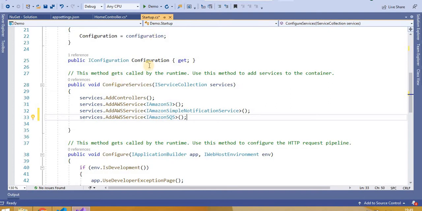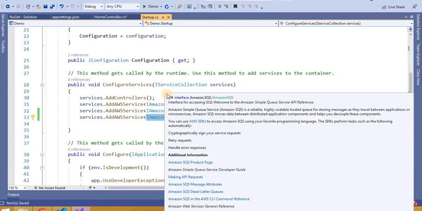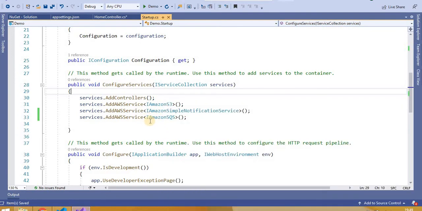That's all with the startup file. Once it is added here, we can get it at runtime using dependency injection in our controller.